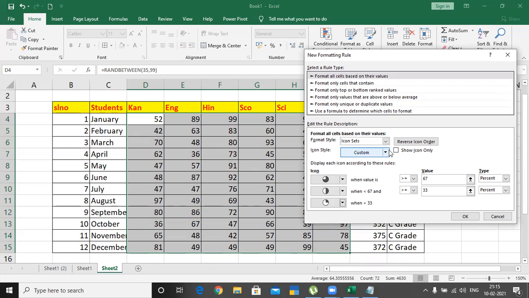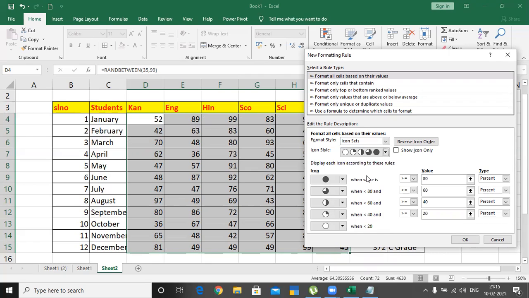Okay, so like this you can select it. Here itself you have the option, so just select it, and four conditions get enabled. Okay, greater than or equal to 75 value.